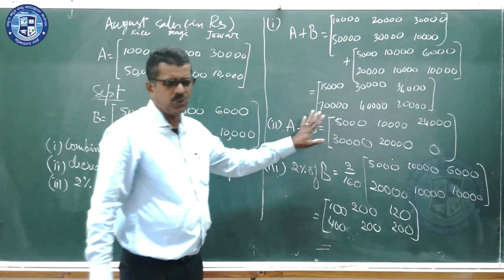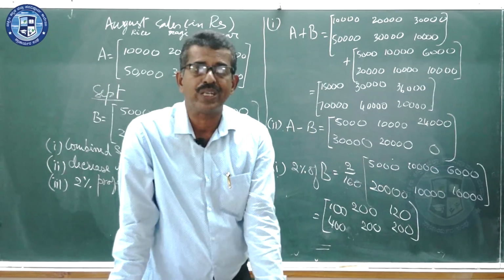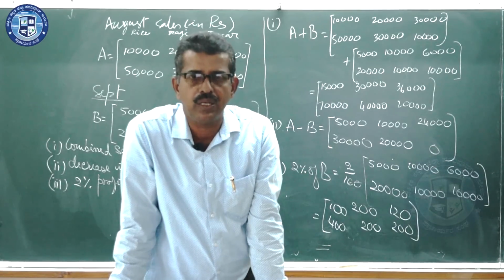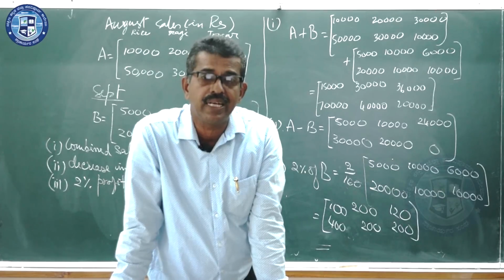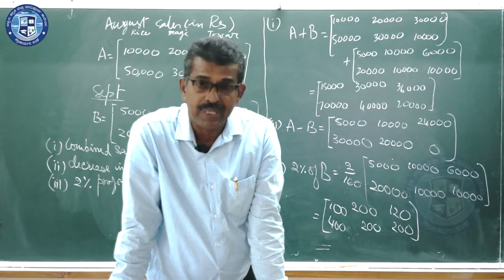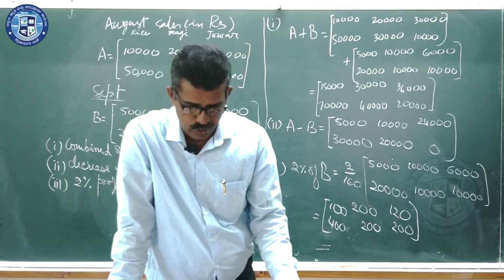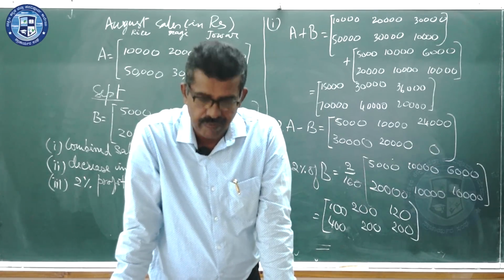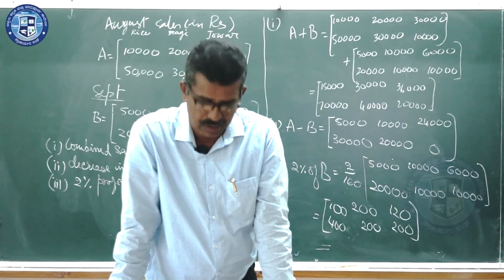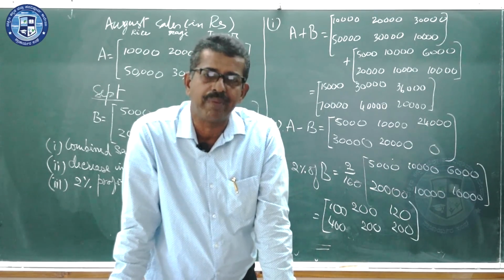Just look into this, referring to your NCERT book. Actually I can give you the page number also, that is 71. Page number 71, NCERT, the solution is given. But the names are different and the months are also different. So with this, we will wind up the session regarding the operations on matrices.